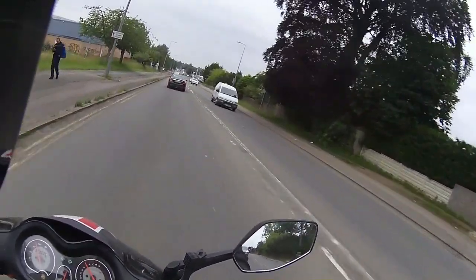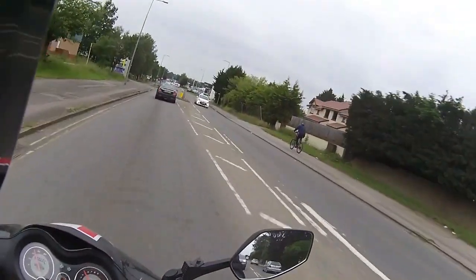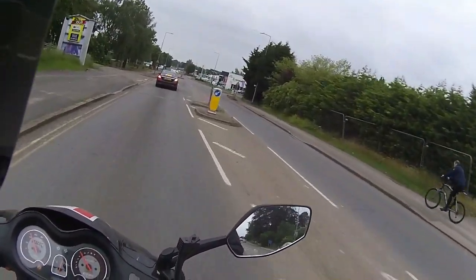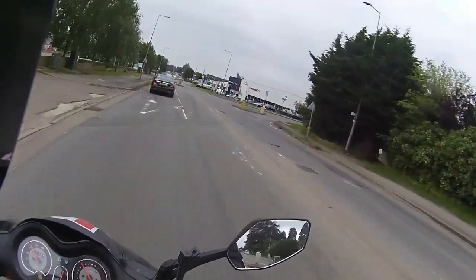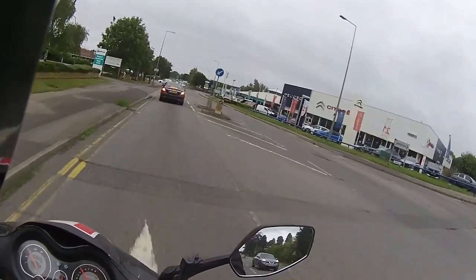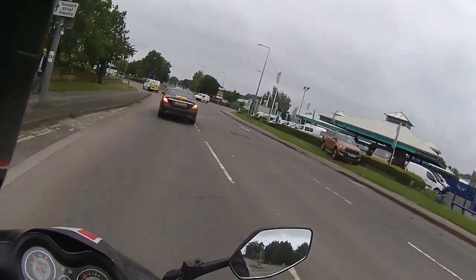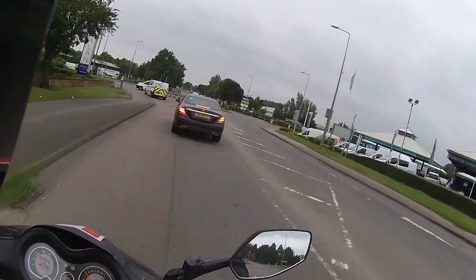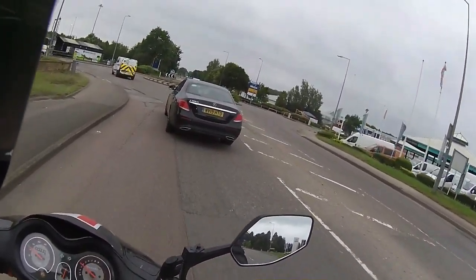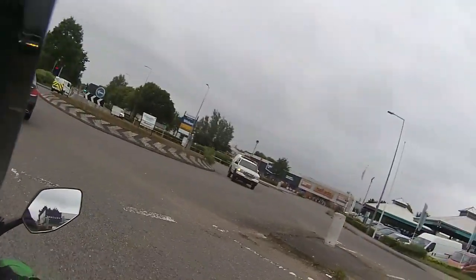So morning all, and back out with RB on another test ride, and this is another Lexmoto Titan, and 4166 on the clock. So this has done quite some good mileage on this one. A customer has obviously said to us that it was cutting out on idle and it was holding back